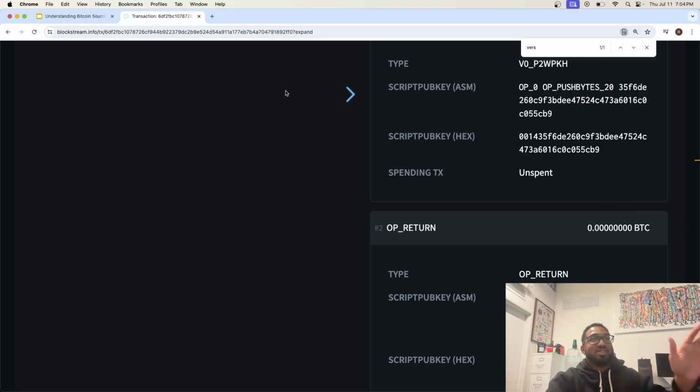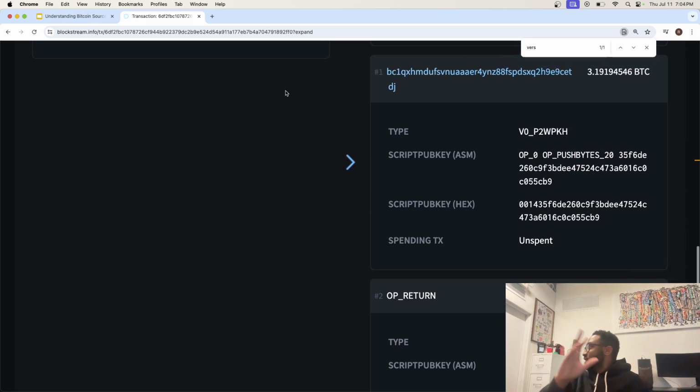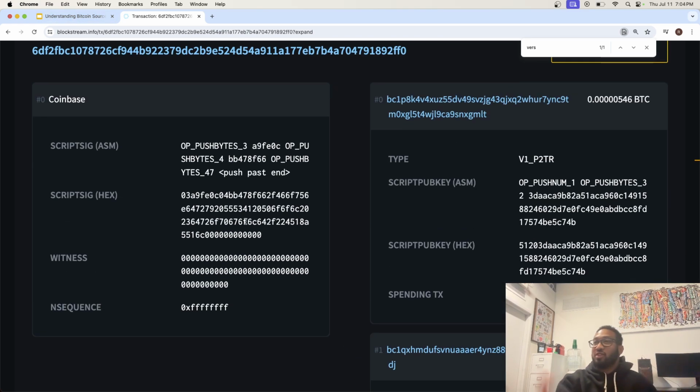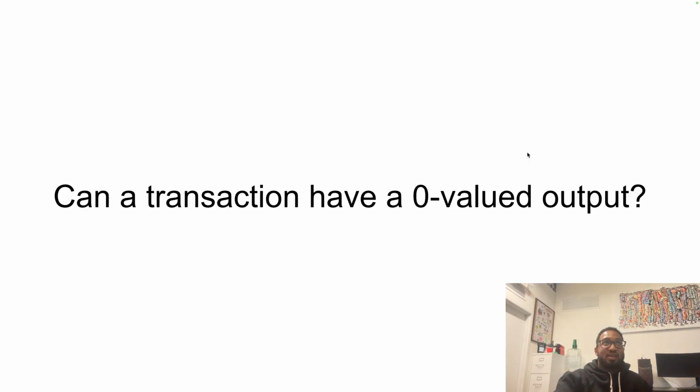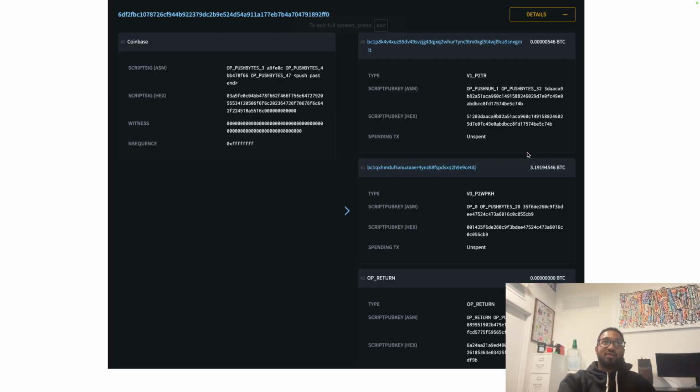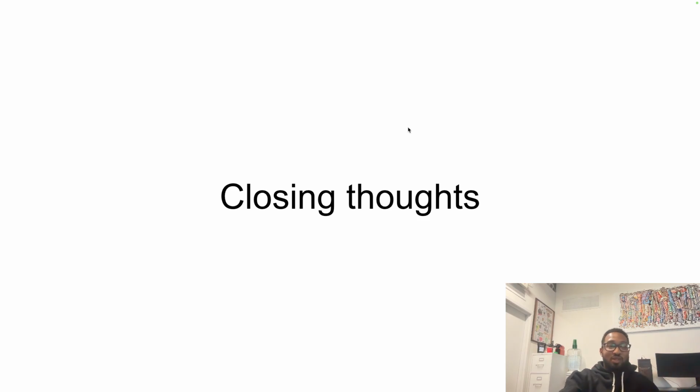So yeah, the first transaction has a lot of special edge cases that are weird, like I showed, having a witness for the Coinbase even though you're not spending any script. So zero valued outputs, especially for miners, like you said, they can forego fees or opportunity cost. This is a transaction that I just went over, I put a screenshot of it, but I also had it live. And then some closing thoughts, because it's almost 7:15 anyway.